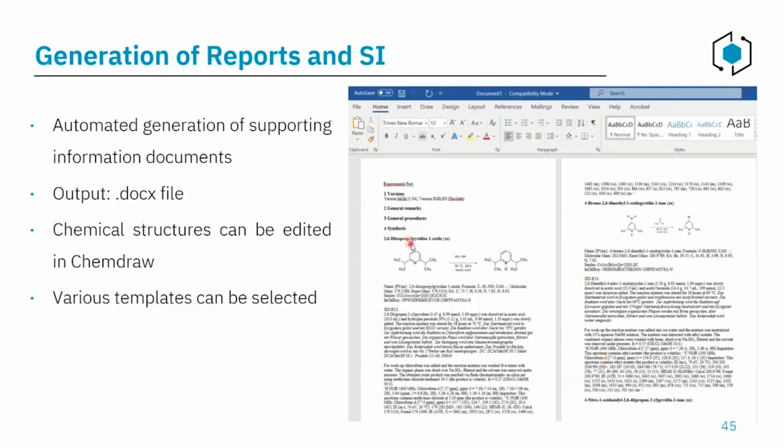These structures are ChemDraw files, so you can edit them retrospectively. There are various templates that can be selected. Do we have templates for every journal? No, but it's certainly quicker to edit the output of this supporting information than it is to create one entirely